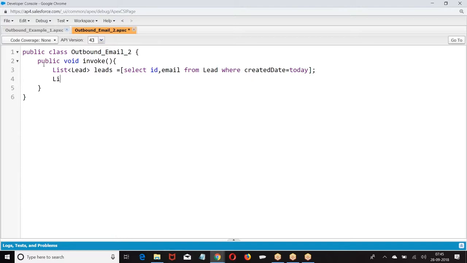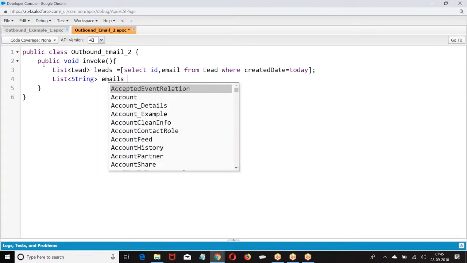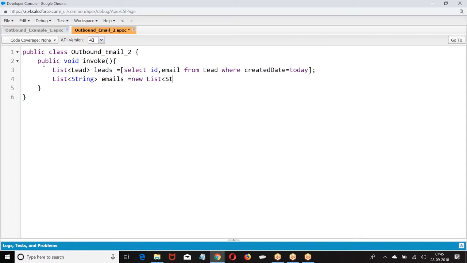Then what you are supposed to do? Get the email address. From the list of leads, what do I need to fetch? I wrote a SQL query, I got those leads. Then fetch the email address of every lead. How do you get that? How do you take a lead?